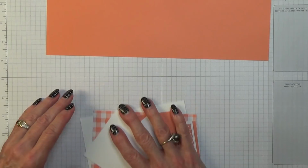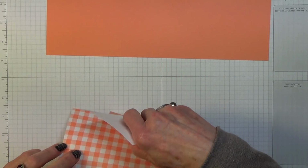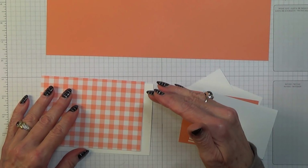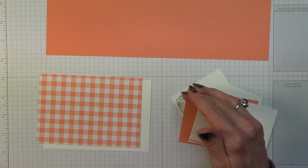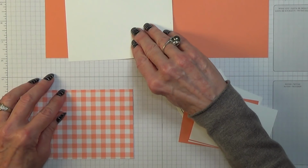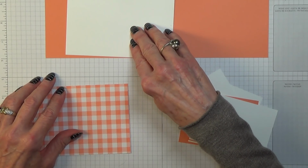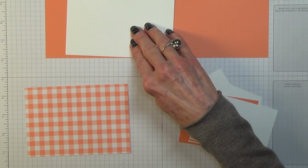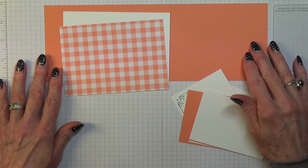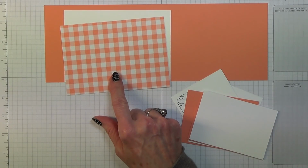If you don't keep up with me with all these pieces, they will be in the box below the video, assuming that you're watching it on YouTube. Right, so the next piece you need is Whisper White, which measures 5.5 inches by 3 7/8 inches, which is 10 by 14 centimetres. A piece of Gingham Gala, which measures 3 3/4 inches by 5 3/8 inches, which is